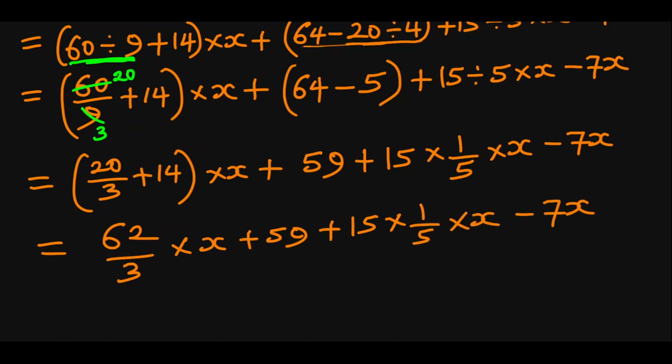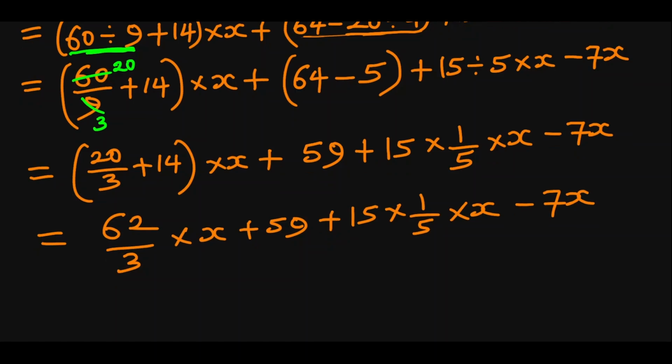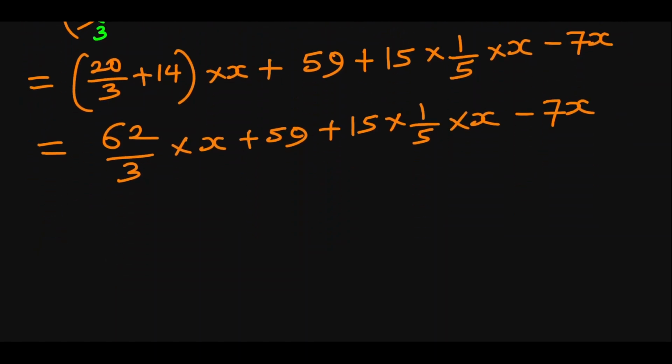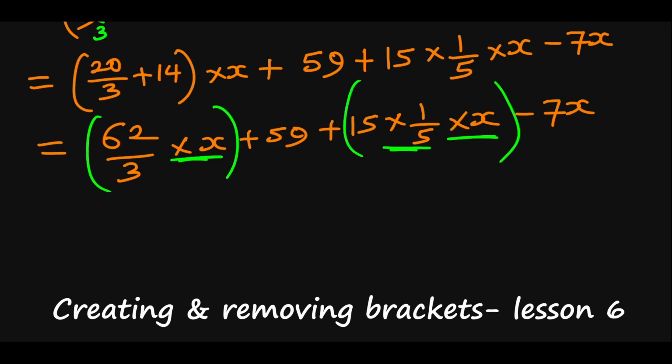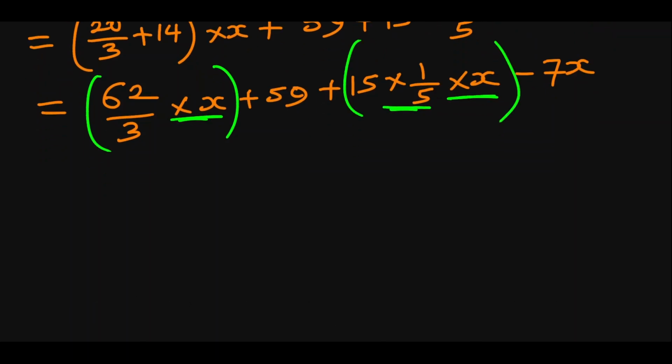Now at this point, all the brackets are gone, but we still have to look at the order of operations. Why? Because the operators here are still from different families. Now, if you look at the order of operations, the next is multiplication. So we have to identify all the ones that own the multiplication operators, which is this, this, this. So to make it easier on our eyes, let us put brackets where the multiplications are. Let us now simplify those ones we've put brackets in because they are the next to be simplified.